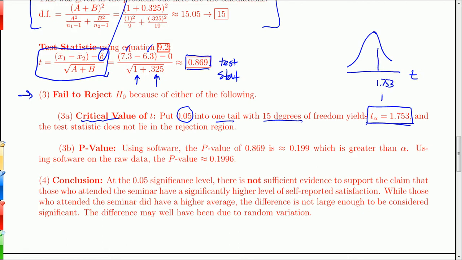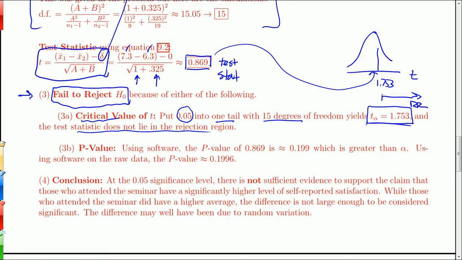Everything to the right is in the rejection region, but my test statistic is not in that rejection region. Right? Test statistic does not lie in the rejection region. Fail to reject H0. If you have software, you can calculate the p-value,